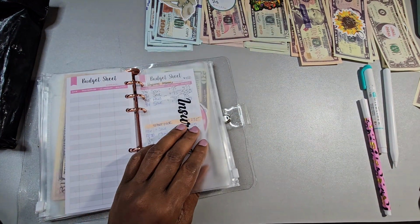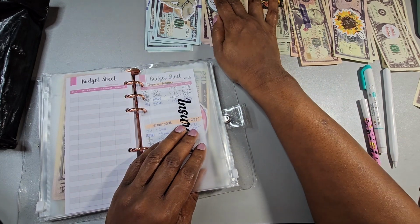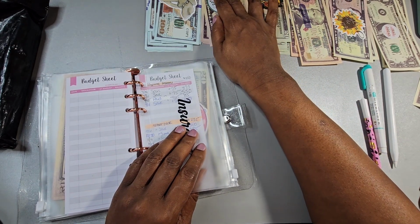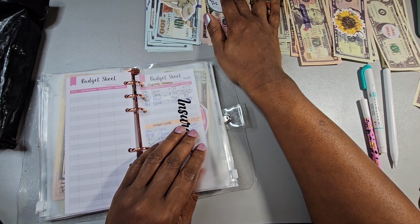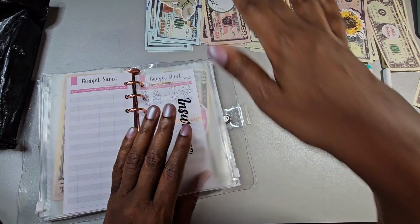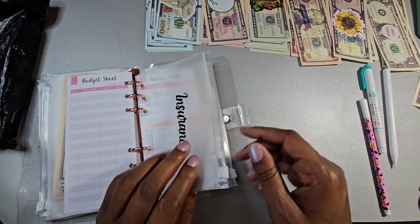I am still saving $75 every paycheck towards that. And so I'm going to add another 75 in here. So I had 50 left over after I paid my property insurance for the quarter. I took that $50 and I used it to help fund my Christmas shopping, so I did not have to swipe my card. And then I got paid on 12/1, and I need to add the $75 for that